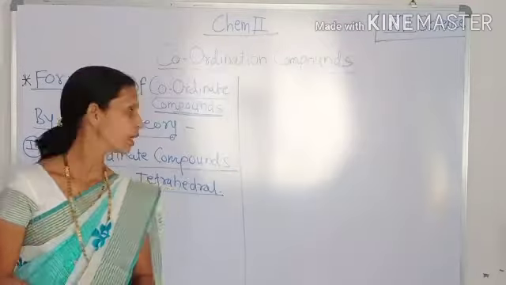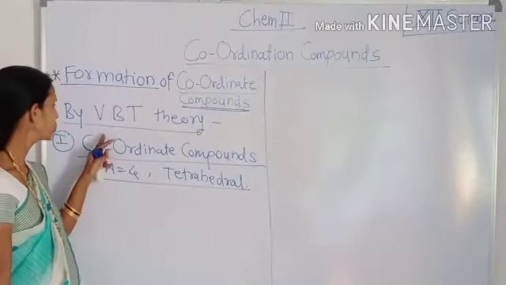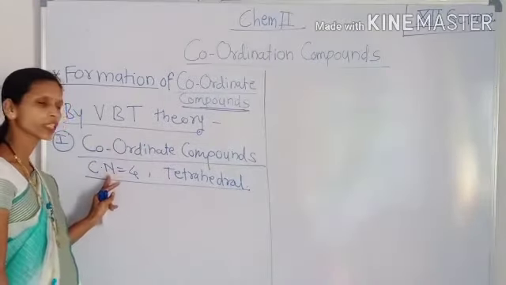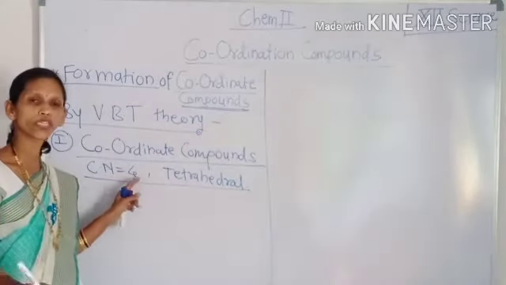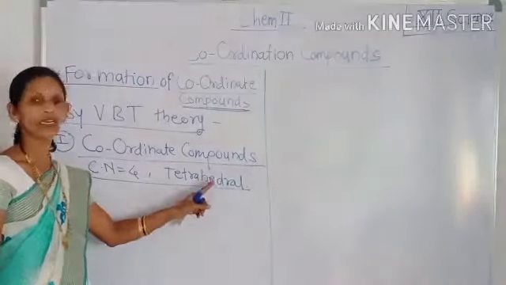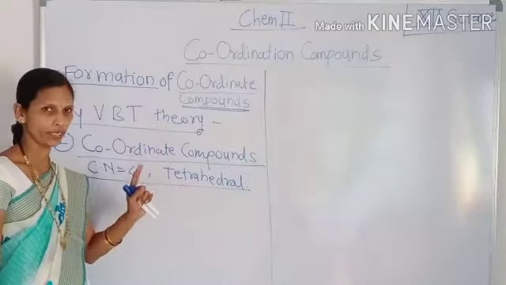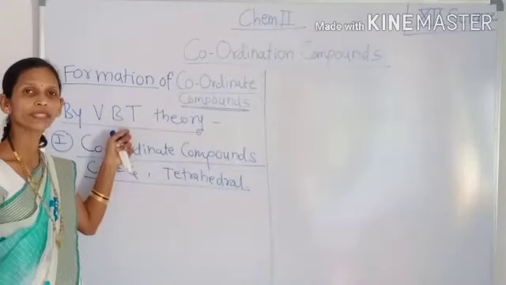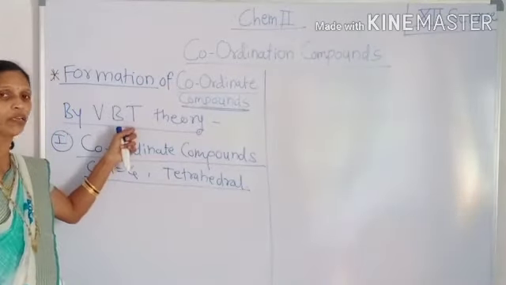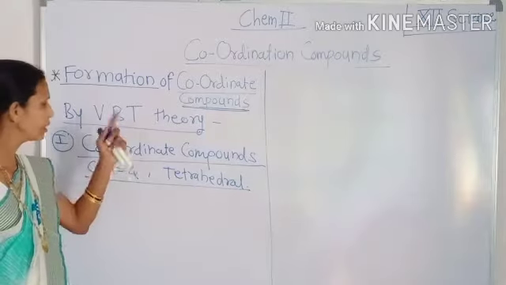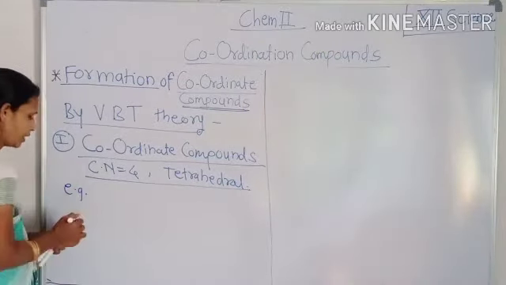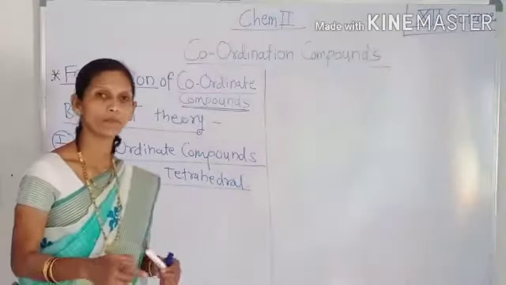VBT theory. First of all, we have to study the formation of a coordinate compound having coordination number 4 and tetrahedral geometry according to the VBT theory, using the steps involved in valence bond theory. See here, the example of a tetrahedral coordinate compound is